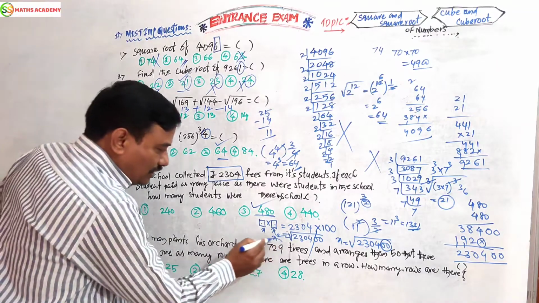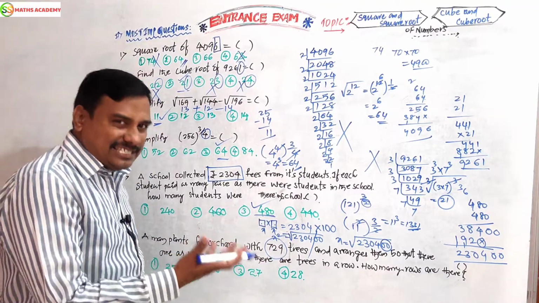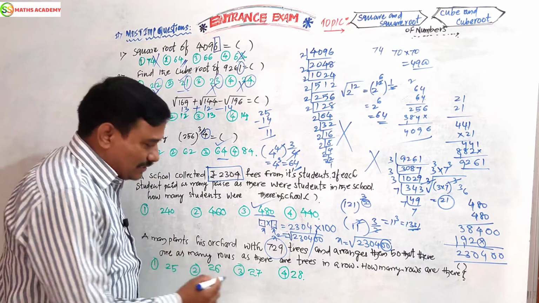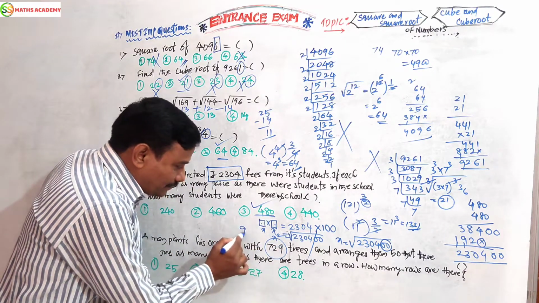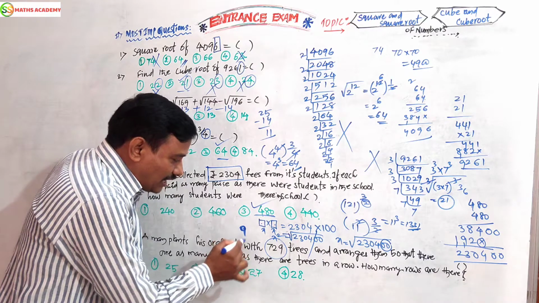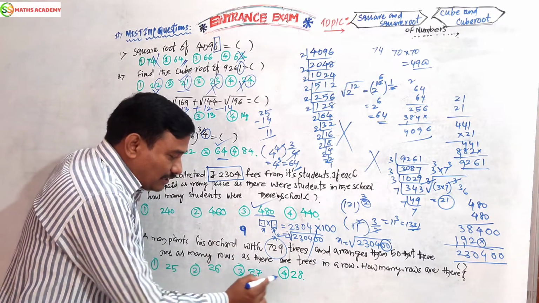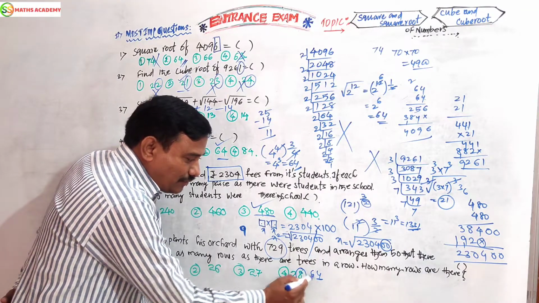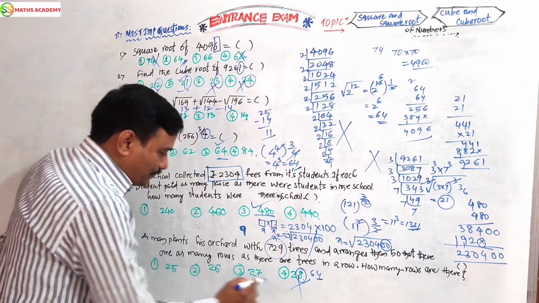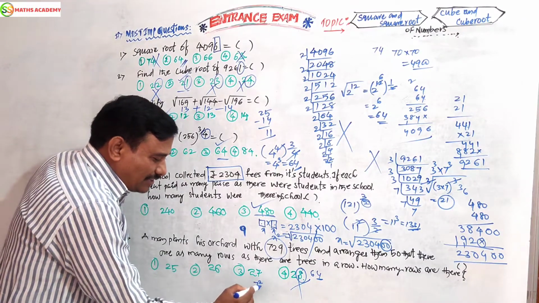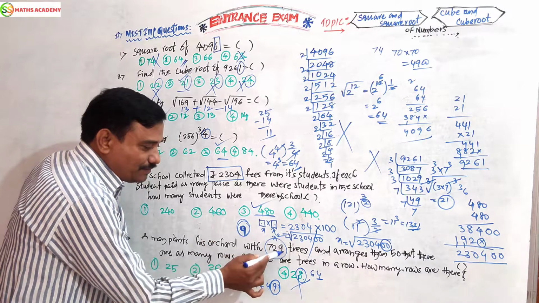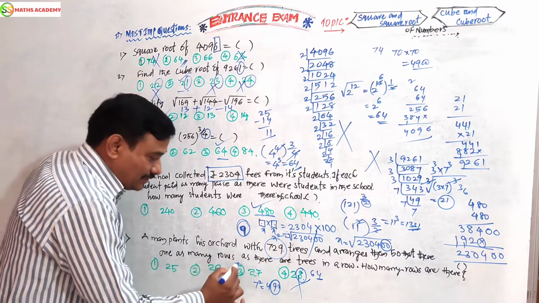Simple. What is the question? 729. x into x, x square, like that. Square root. Here also square root. Now check the options. What is the unit digit? 9. I want to get unit digit 9. If you multiply these all, 8 square is 64, unit digit 4. Here 4 does not tally. It is not an option. 7 square is 49. What is the unit digit? 9. Here what is the unit digit in the question? 9. Tally. This is the answer.